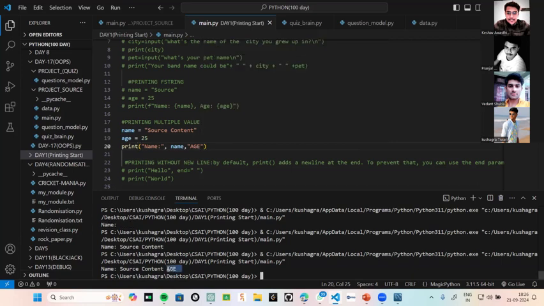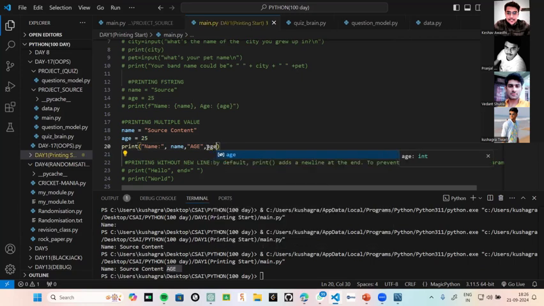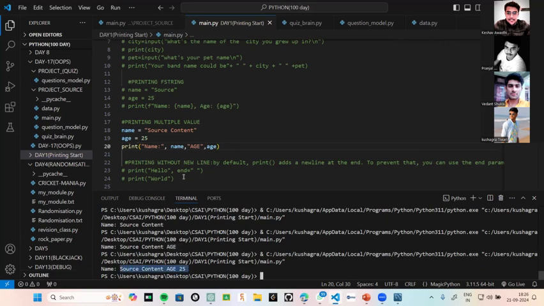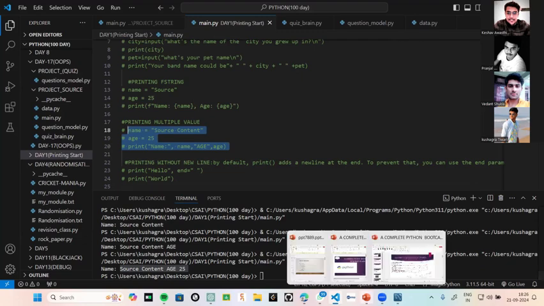आ गया एज। अब मेरे को चाहिए एज के बगल में मेरा ये वैल्यू प्रिंट हो जाए। तो सिंपली आई विल कॉल द वेरिएबल एज, सोर्स कंटेंट एज 25। इसको कमेंट आउट कर देते हैं। बैक टू द प्रेजेंटेशन।